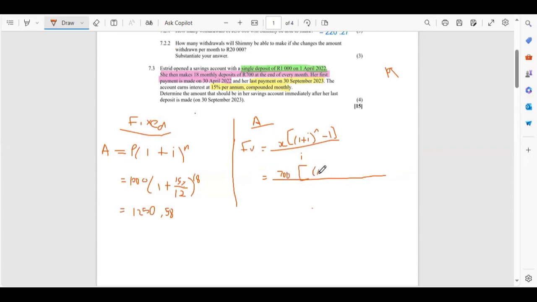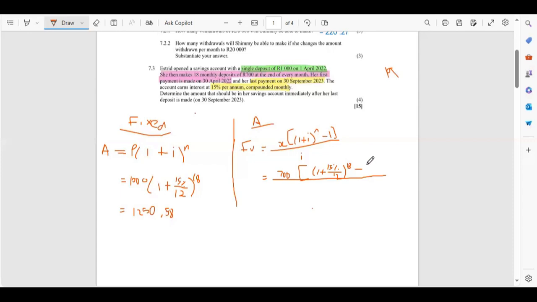So 1 plus my interest of 15%. Because remember, this is the same account, right? 15% is compounded monthly, hence we're dividing it by 12. Always remember to adjust your I, as well as your N. Now, the number of months here, or the number of deposits, they are 18, right? So our N is going to be 18, which represents the number of the deposits,